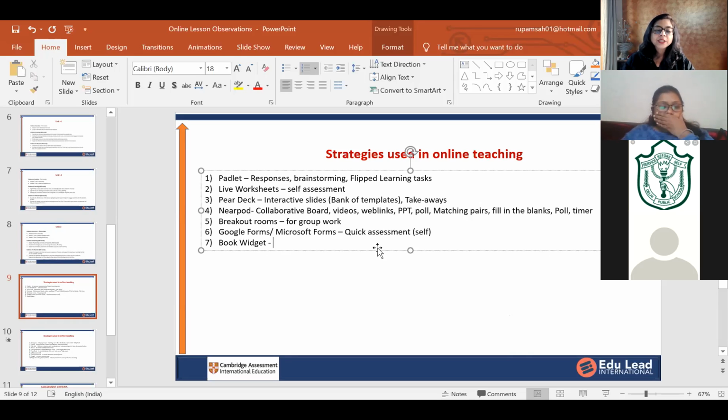Correct. Okay, so you were telling me about Book Widget. What do you find over here? Ma'am, Book Widget also has a lot of options in terms of different kinds of activities. In our smaller classes, teachers are using a lot of wheel things. So you can make wheels, timer things, worksheets, everything in one go. You only have to select and put in your questions very easily. So it is not a Nearpod kind of thing where your lesson is built, but you can make many different things, a worksheet kind of thing.